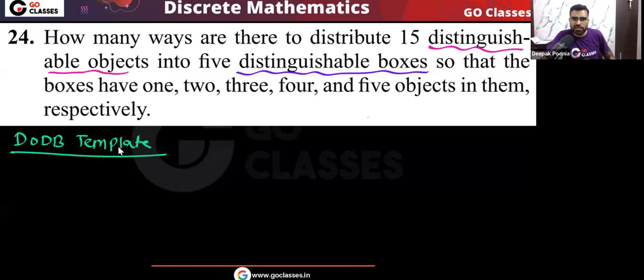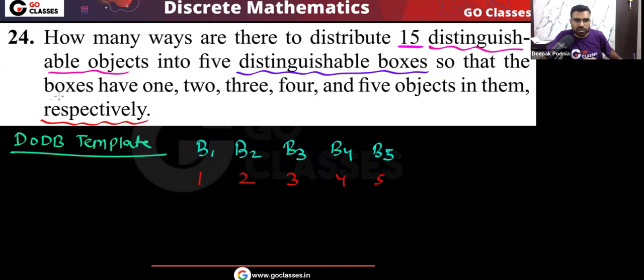Now the question is saying that you have a total of 5 boxes. Let's assume these are the boxes B1, B2, B3, B4, B5. We want to distribute these 15 distinguishable objects into these 5 distinguishable boxes such that the boxes have 1 element, 2 elements, 3 elements, 4 elements, 5 elements in them respectively.